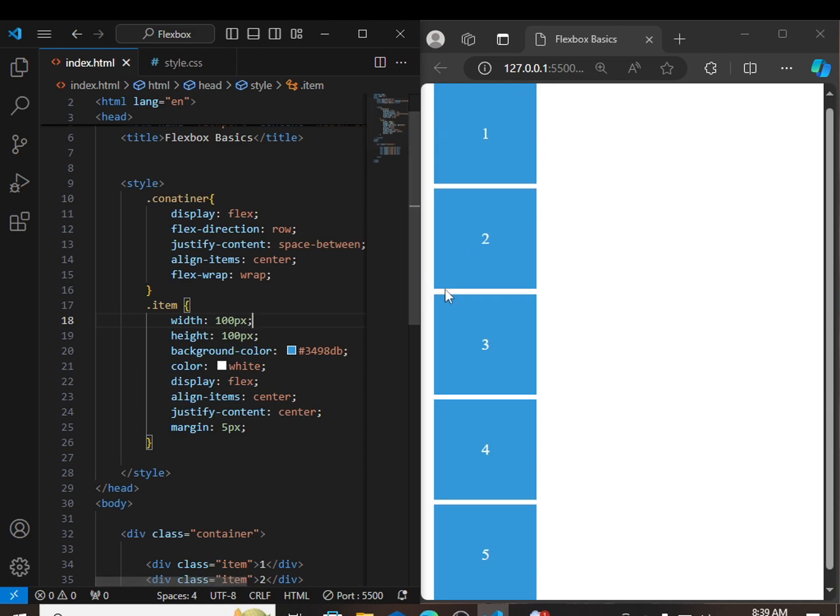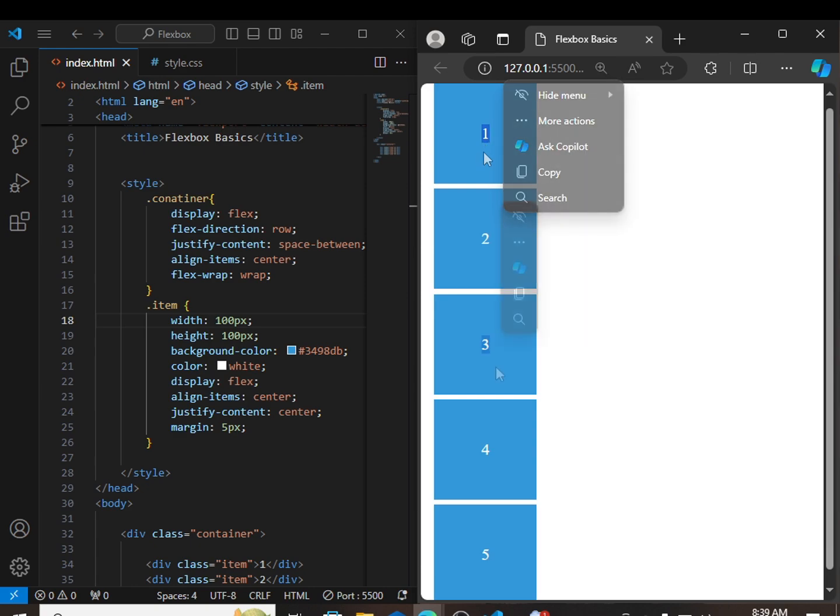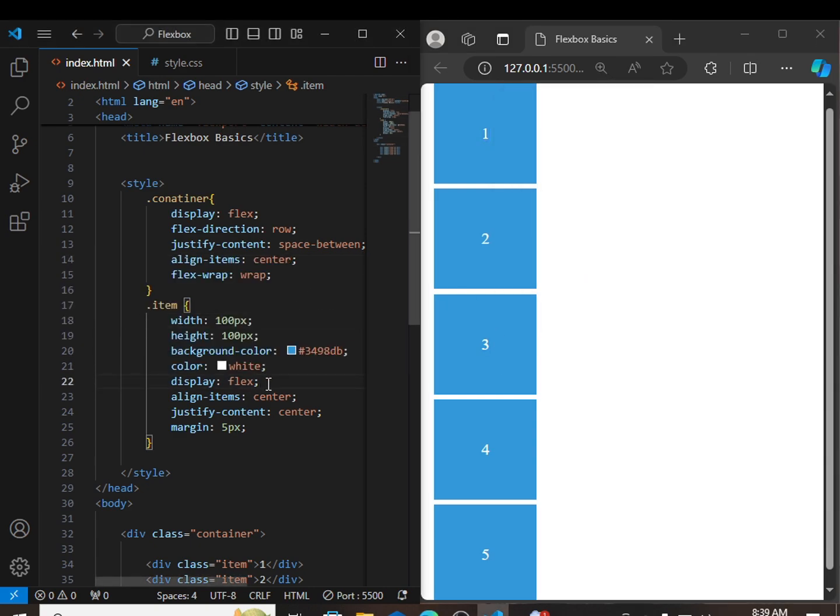Background color #3498db. This sets the background color of each flex item to a shade of blue. Color white. This changes the text color inside each flex item to white, which will contrast nicely with the blue background. Display flex. This turns each flex item into a flex container itself, allowing you to use Flexbox properties on